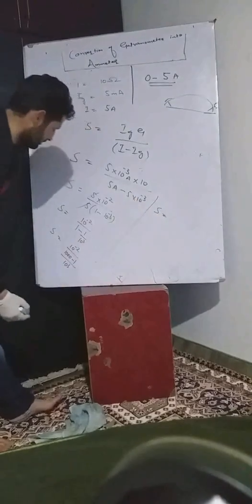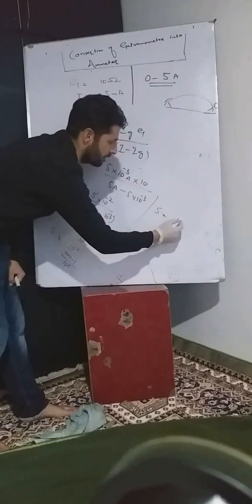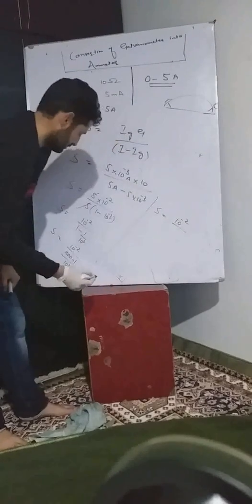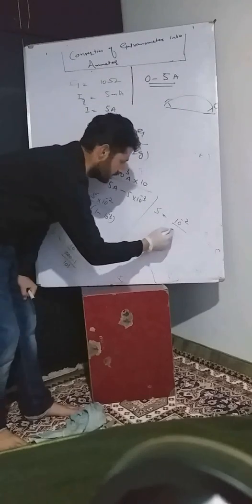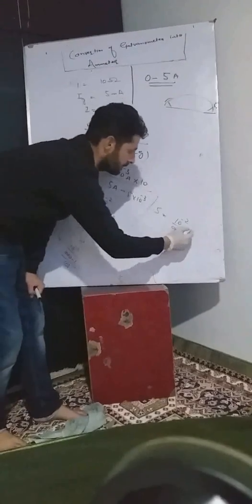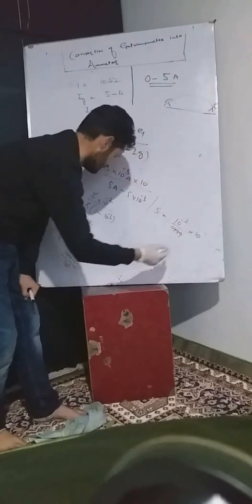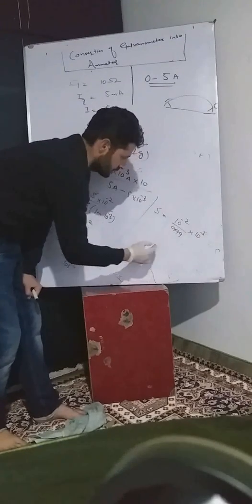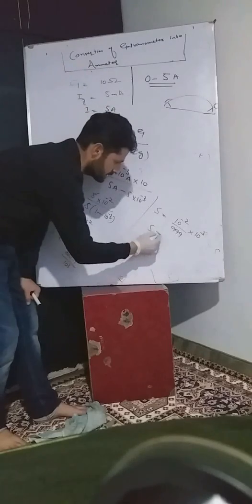So this will come as S is equal to 10 power minus 2 into 10 power 3 divided by 999, so S is equal to 10 divided by 999. When we calculate this,